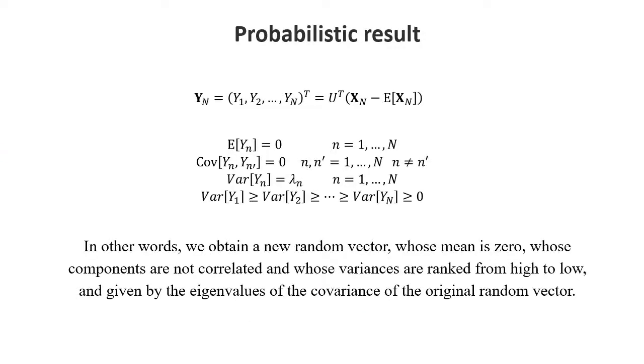So this is then the probabilistic result of the same problem. What I'd like to do is to obtain a vector y whose components are uncorrelated, and the way I do that is by a projection of the original vector x using the eigenvectors into that vector y. We can then show that the expected value of y is 0, because of course I subtracted the mean here, that the covariance of any components of y is 0, so they're uncorrelated, so these are orthogonal, and that the variance of each one of them is the